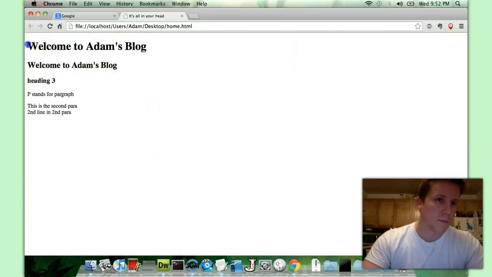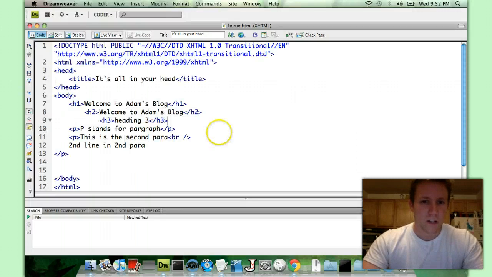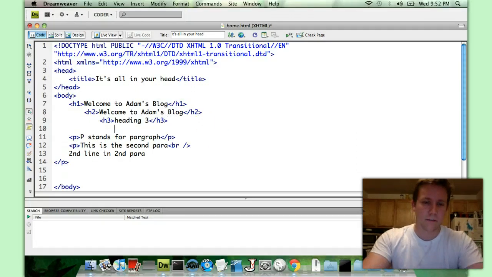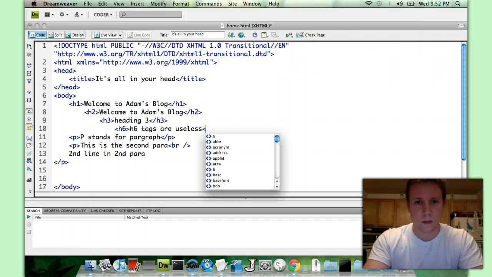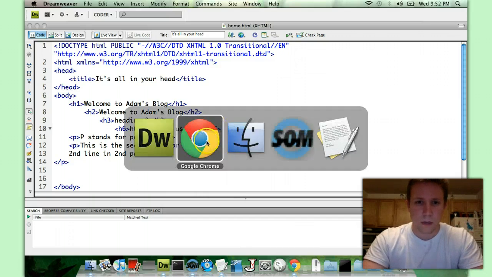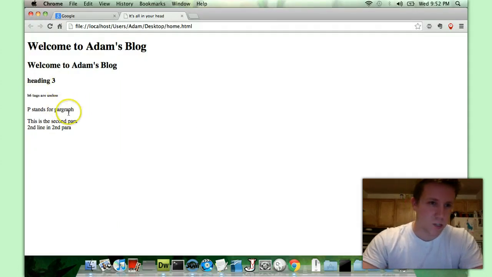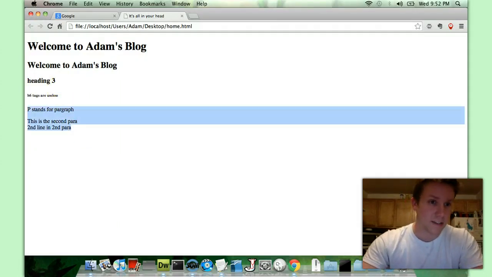So you can see each time you do a lower level heading, it gets a little bit smaller, and eventually it gets to the point where it's silly. If you're using an H6 tag, there's no point to use an H6 tag. Okay. You can see the H6 tag, it's actually smaller than the regular text. Anyhow,